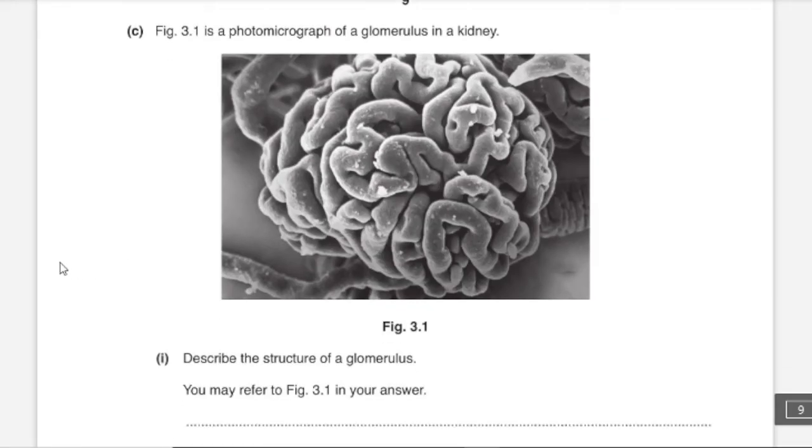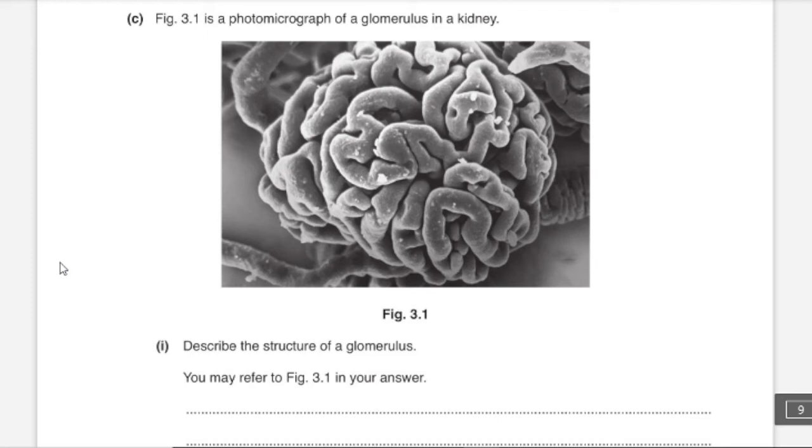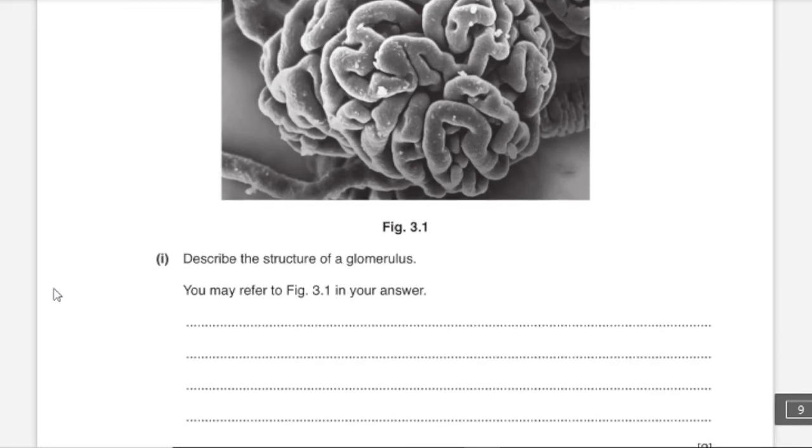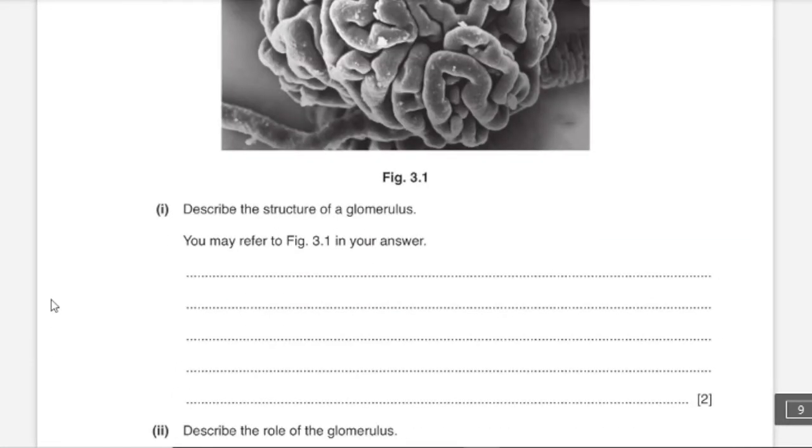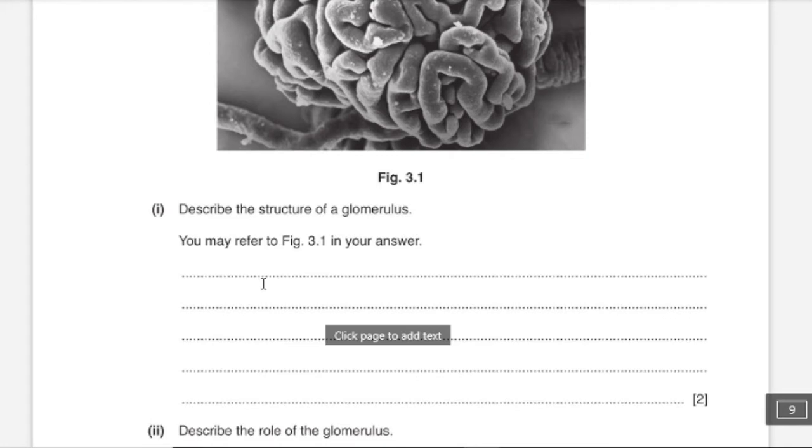C. Figure 3.1 is a photomicrograph of a glomerulus in a kidney. 1. Describe the structure of a glomerulus. You may refer to figure 3.1 in your answer. Okay, so glomerulus is the tangled up structure in the kidney where filtration of blood occurs. So we can write it as